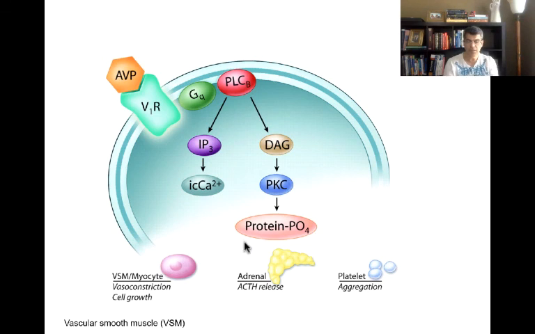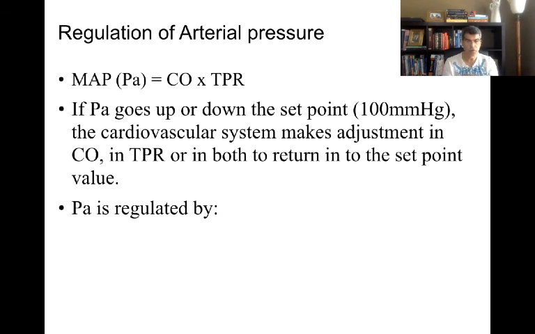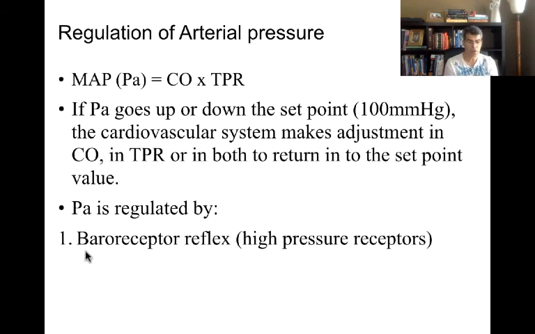Don't worry about the rest of this one. I want you only focus on this part. DAG is going to have other function here that we are not going to discuss, but what you need to know is when the ADH is going to sit on the V1 receptor, it's going to release calcium and it's going to cause vasoconstriction. So far we said to regulate arterial pressure, we can use baroreceptor reflex, or we can